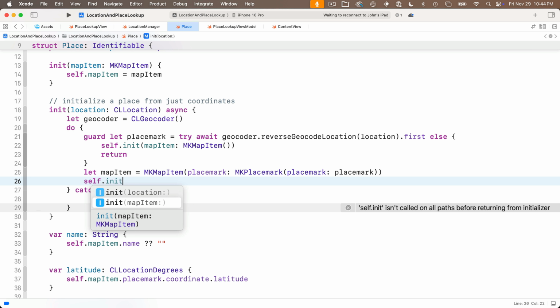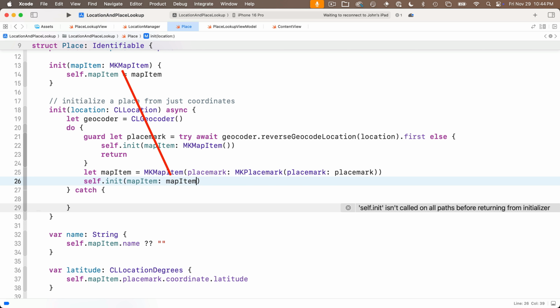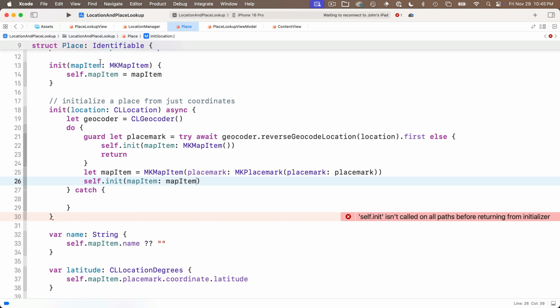And now that we've got our map item, we can call our initializer up here, and we're going to pass in the map item constant we created above. We've got a new place that we've created from our coordinates. Cool. Now we do have to deal with a potential failure in here,